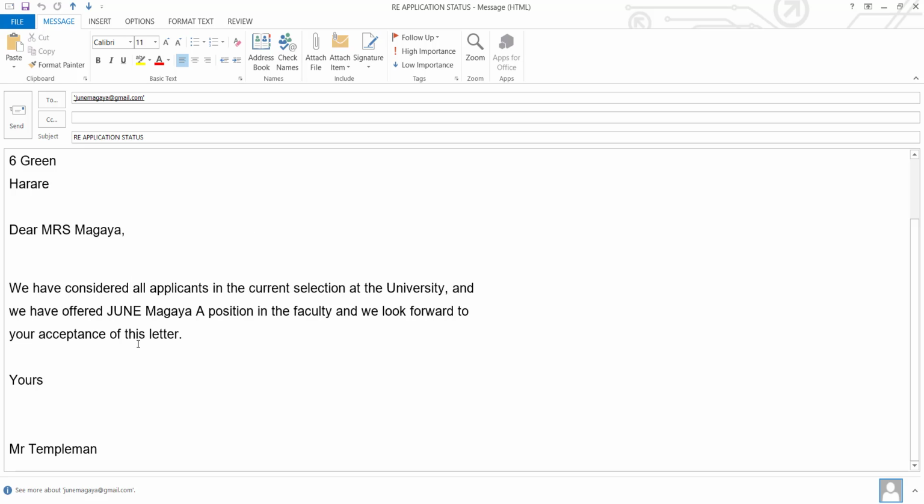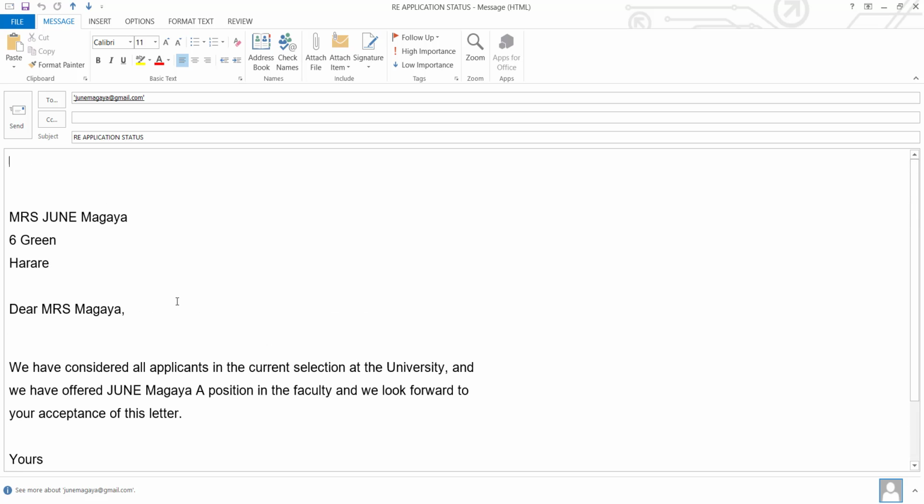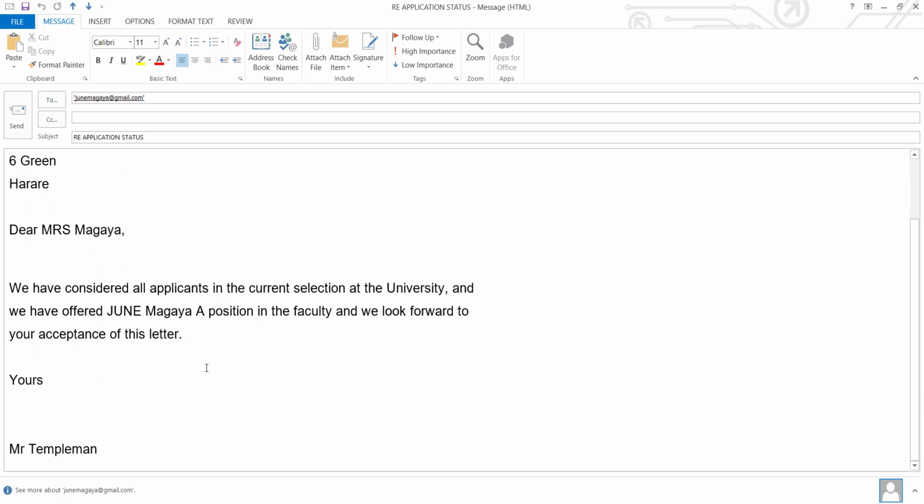So you might then just need to modify these and suit whatever it is that you are hoping to do, and you can send mail merge emails to individual people that you want to send. So you might just need to play around with the look and feel of your email, and then that's how we work with